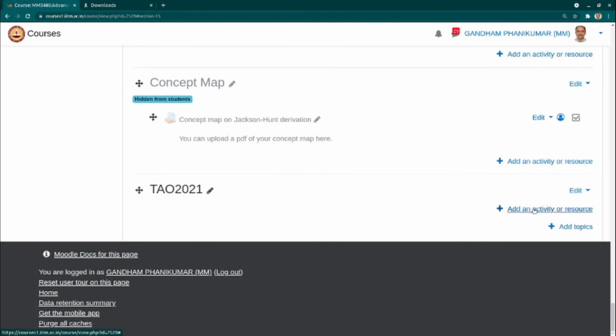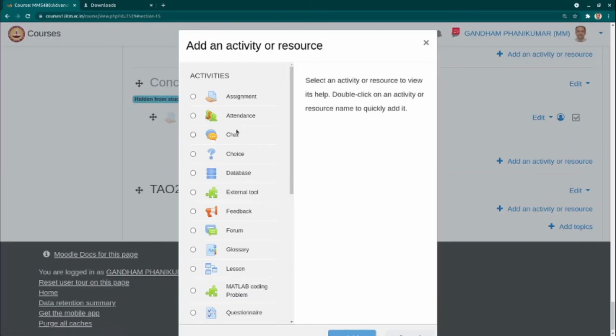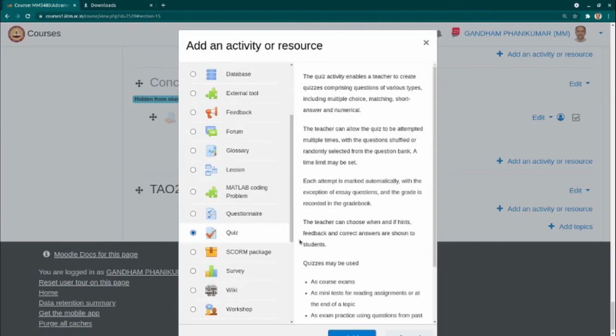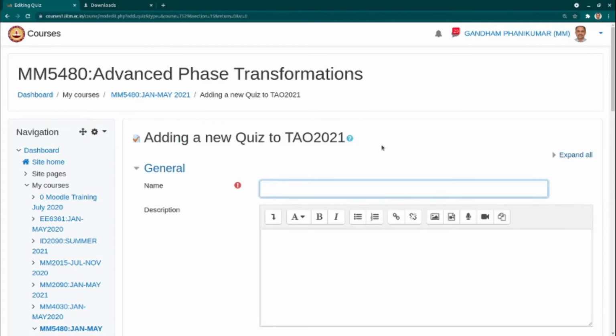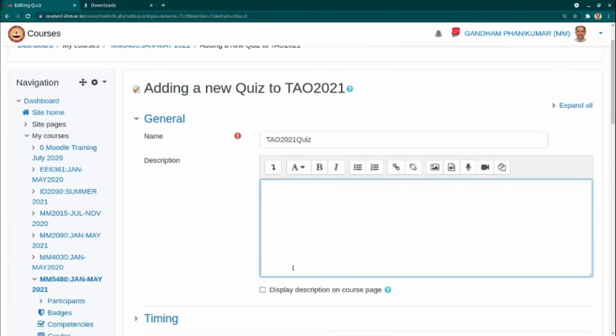And then click on add an activity, and what kind of an activity? It is basically a quiz. Okay, and here I say create that quiz, and we can give that a name. Okay, we can say TAVO 2021 quiz. It could be quiz 1, quiz 2, whatever, and we need to give some description. So we can say a sample quiz to illustrate the process for the TAVO 2021 program. Okay, and of course don't forget to click on this checkbox so that this particular text will be visible on the front page of Moodle.